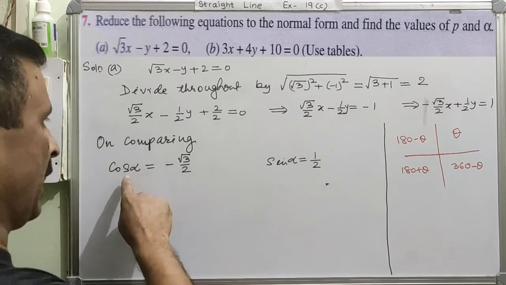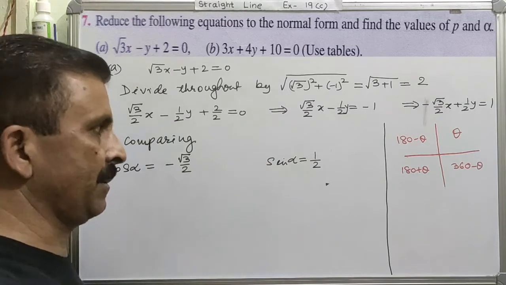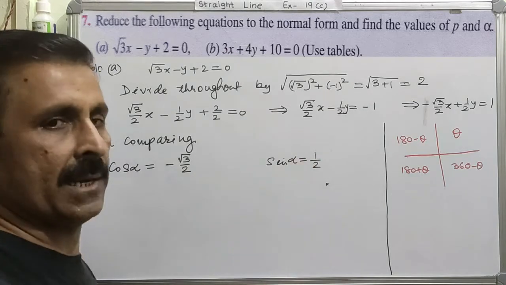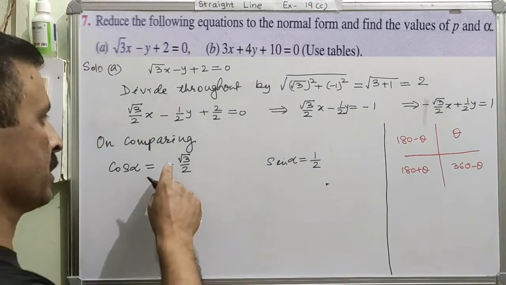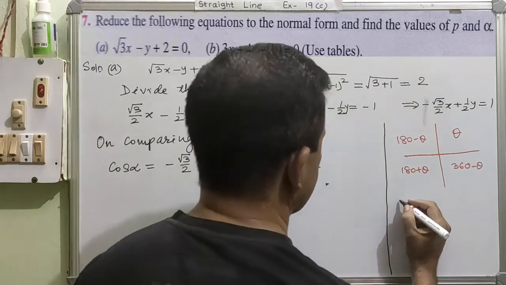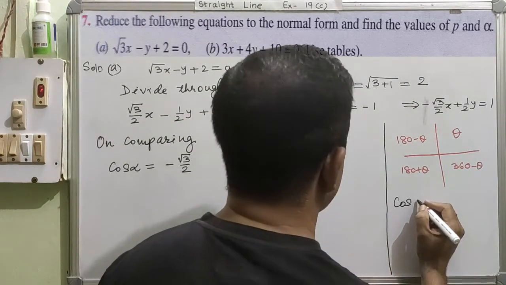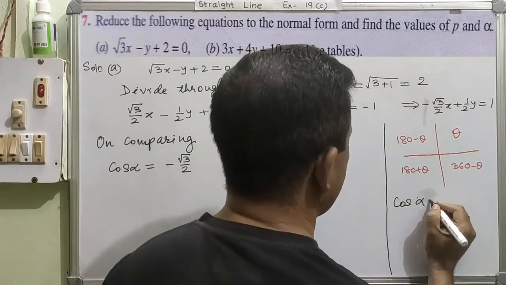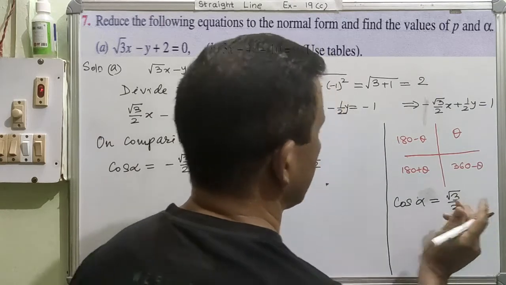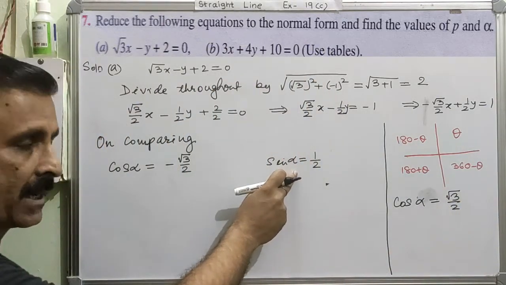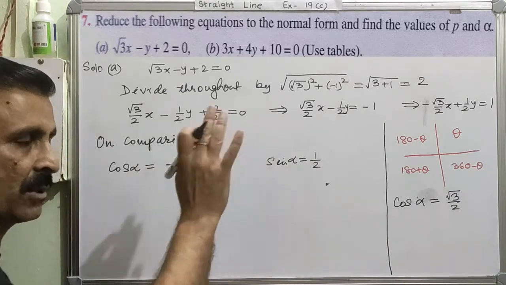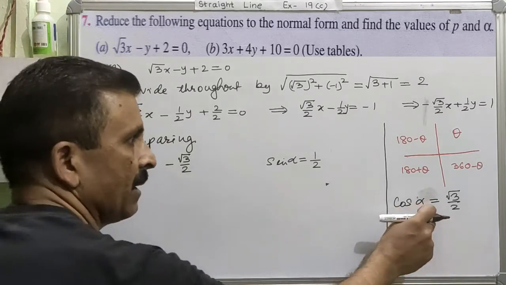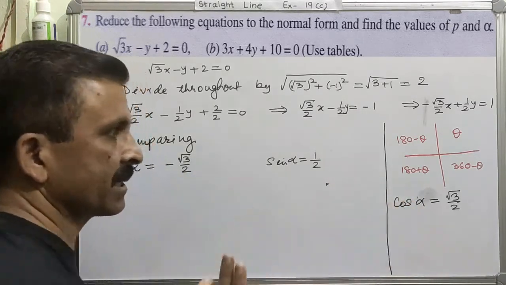Is it okay? The value of cos is negative and the sine is positive. For some time, we will just ignore the sign. So I will just consider this without sign. So this is cos of alpha. Cos alpha is equal to root 3 over 2. Please remember, I am not worried about this part. I am only worried about this part. This is my positive, so this will not give me trouble. The troublesome part is this. So that is why I have taken this only without sign.